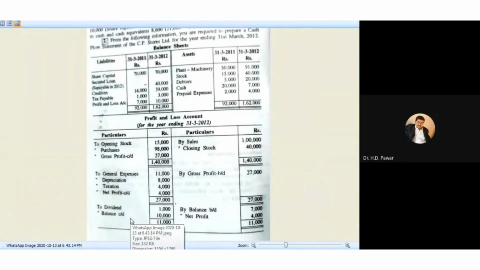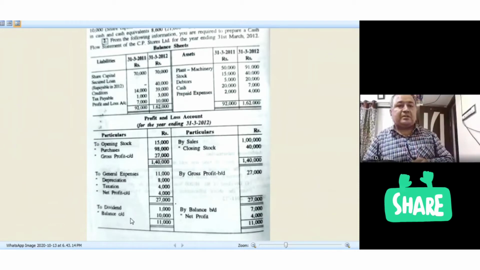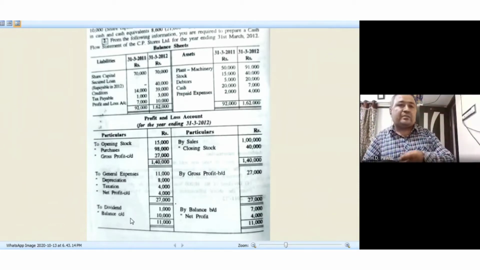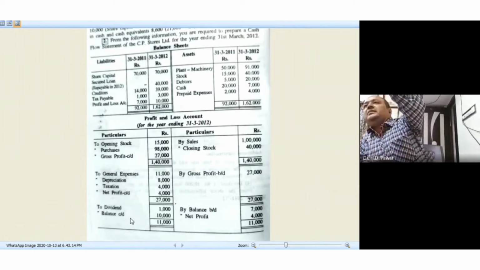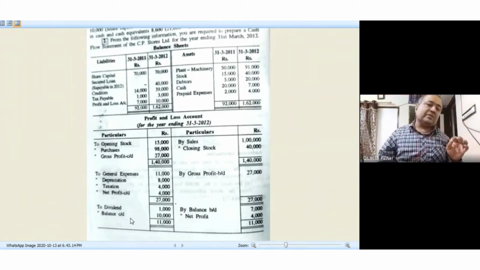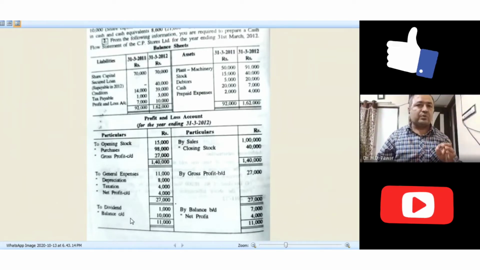Let us discuss the example of cash flow by direct method. One thing I would like to tell you is that the direct method is applicable only and only to the cash flow